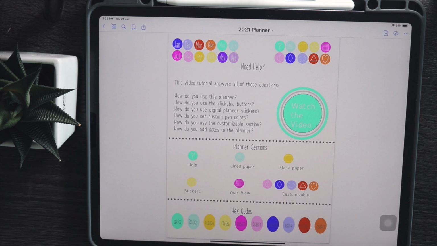iPad artist and digital planner designer, and today I want to show you how to use the new 2021 undated